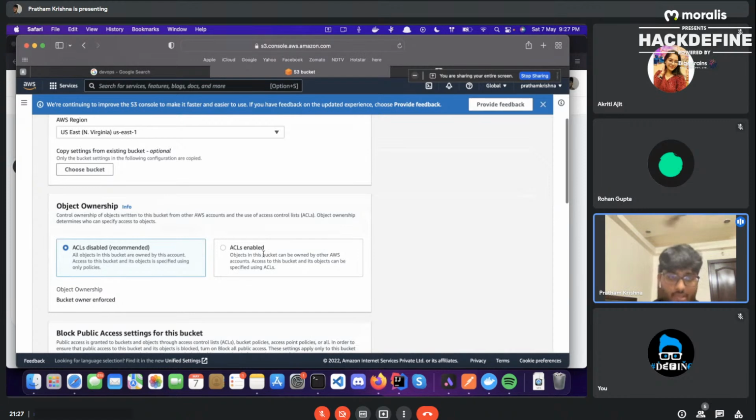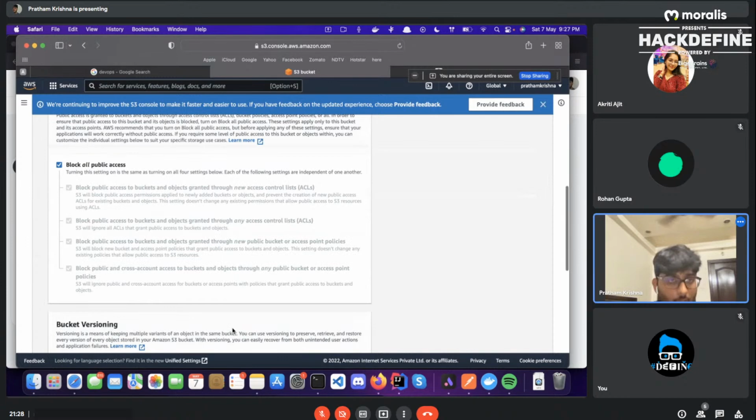ACLs is basically access control list. It depends on whether you disable this. If you disable it, only you are able to use whatever is stored in your S3 bucket. Whereas if you have it enabled, other AWS users can also access the bucket.